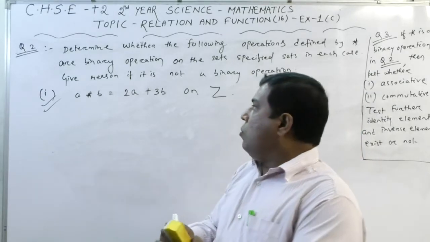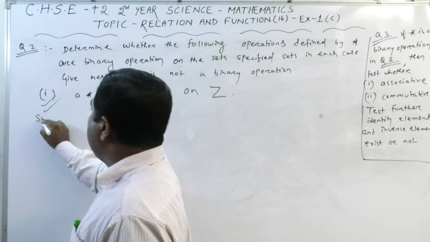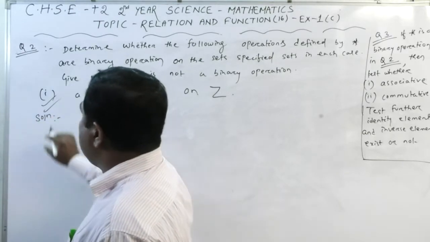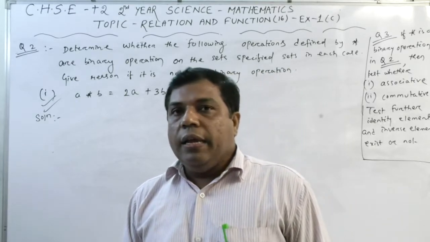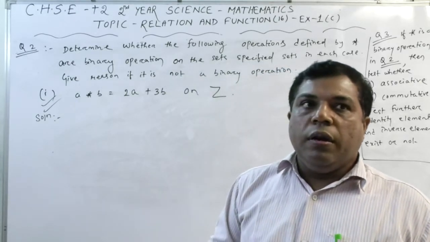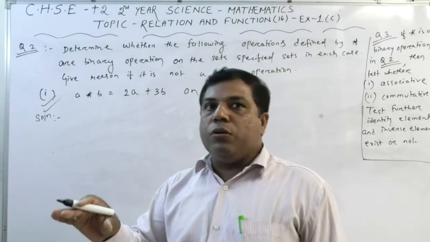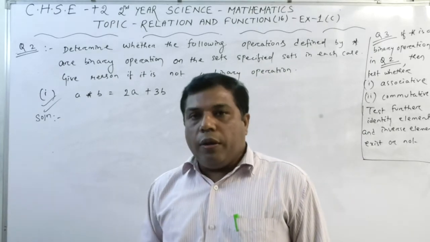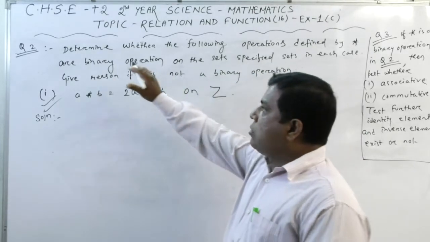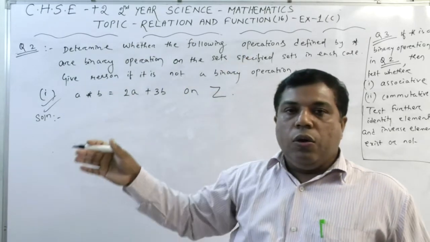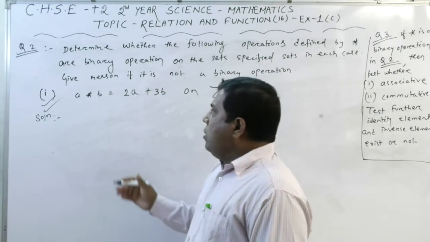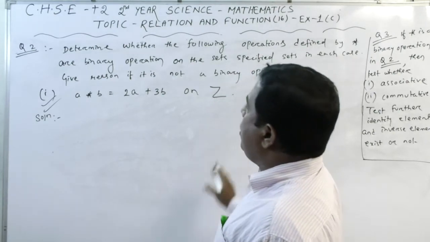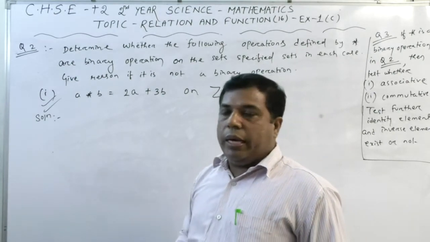First we will go for this one. So this is for question 2, and you can do question 2 and question 3 simultaneously. It will clarify all your doubts and you will be able to solve it in a correct way. My dear students, as question 2 and question 3 are related, we combined them and we will solve them together. Clear? So we first have to verify whether it is a binary operation or not.